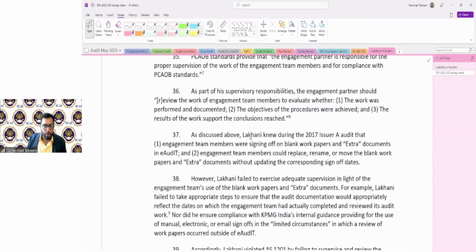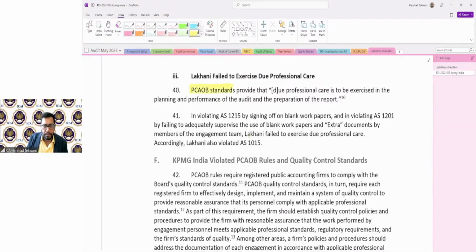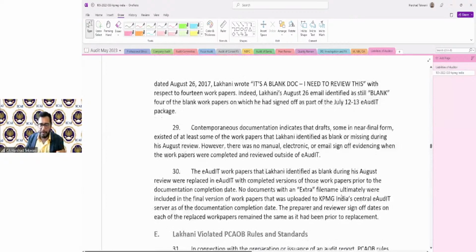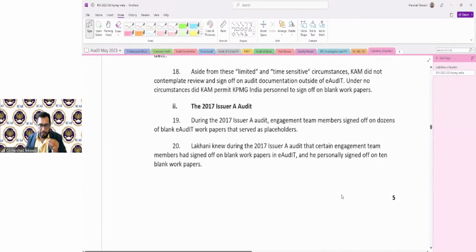As per the PCAOB standard, due professional care is to be exercised in planning and performing the audit. If there has been a violation, it means the standard of care was not performed. This is a case where there was a failure to exercise due professional care, and they violated some of the PCAOB standards. Now, can the PCAOB impose a penalty? Yes, because